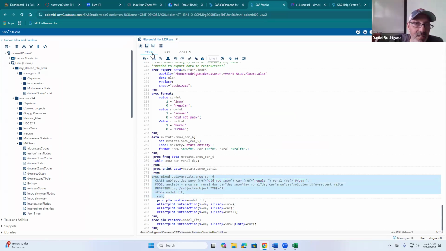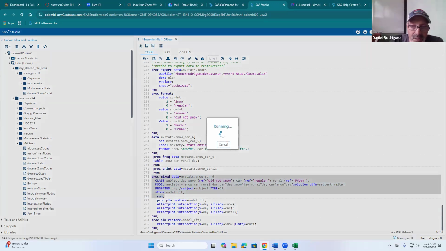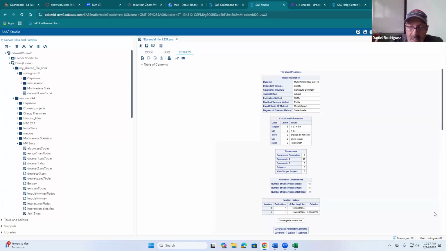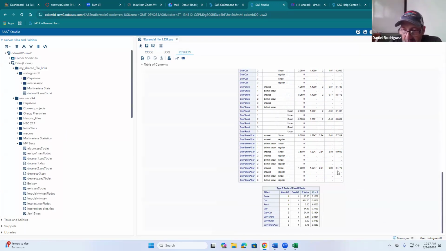Three-way interaction. Just see if that's significant. Doesn't look like it is. Well, I would say this one is, because again, if we use an alpha of 0.10, since our sample size is only 18, this could be significant. So let me go ahead and run this